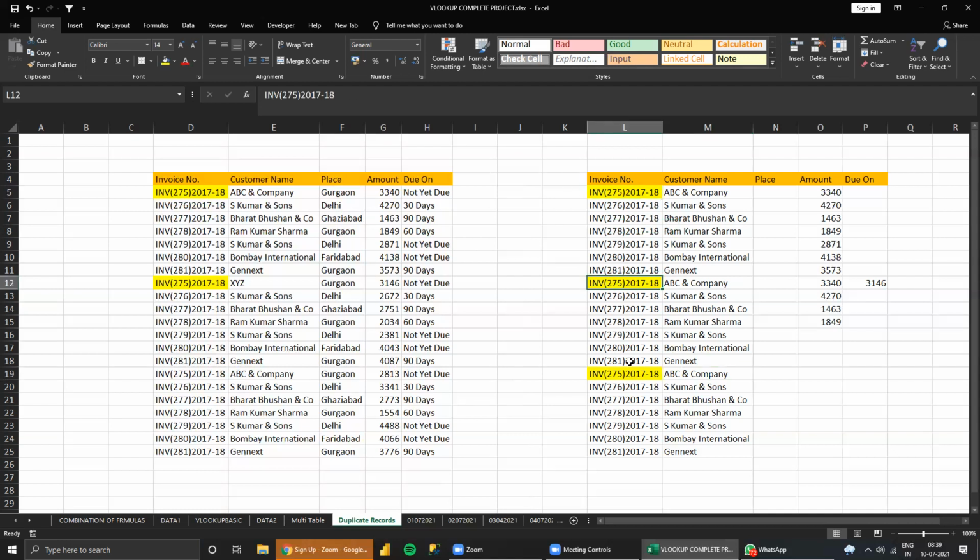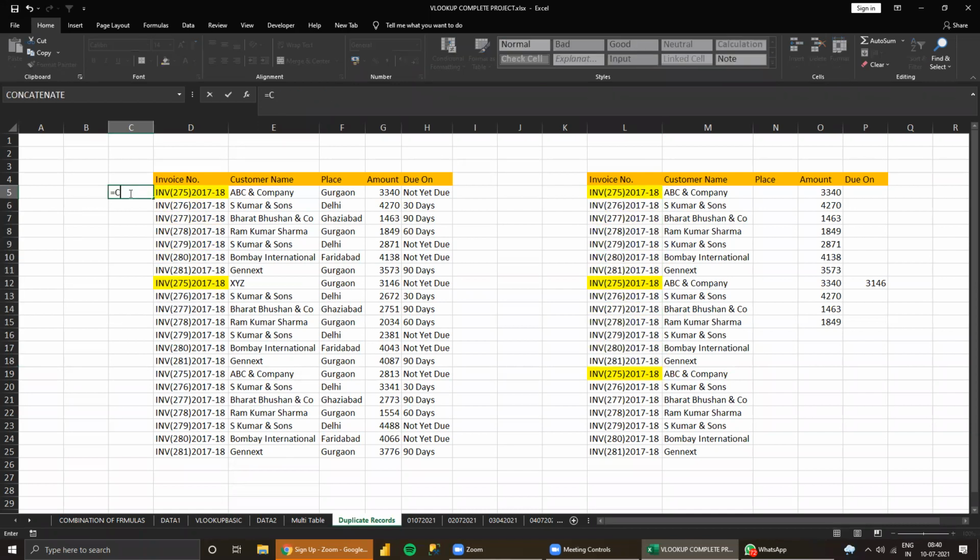We need to make the duplicate records unique, whether in the lookup value or the source table. When you think about the concept, you get the idea. So how can you make the records unique here? Then we need to address this. As Harish said, we need to make them unique by COUNTIF.